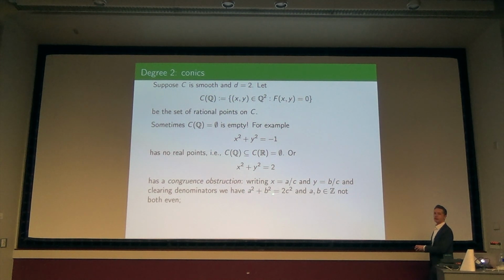If a was even and b was even, this whole left-hand side is divisible by 4. If this side is divisible by 4, well, if there's a 2 here, I know that c is divisible by 2, but I'm replacing this by a 3. So then definitely c is divisible by 2. But that meant that a, b, and c were all divisible by 2. But as long as I did this by clearing denominators in a minimal way, like a minimal common denominator, I will never have that situation. So I can assume without loss of generality that a and c are relatively prime, b and c are relatively prime, and all I need for this example is that not both a and b are even.